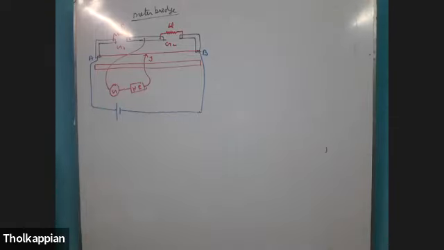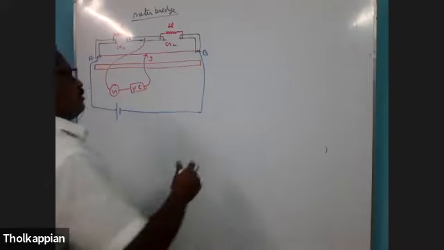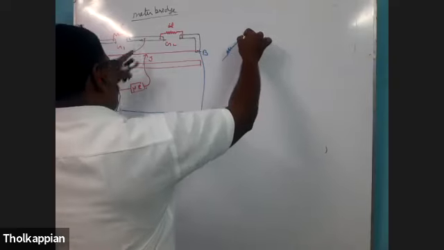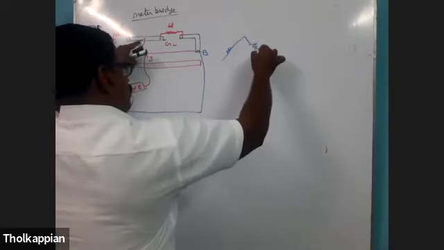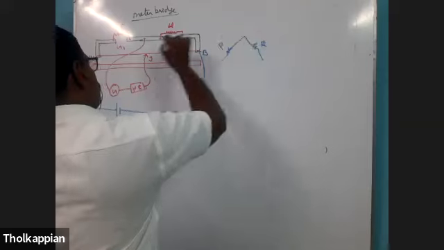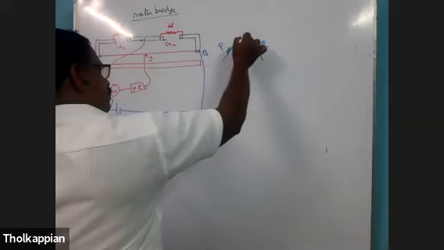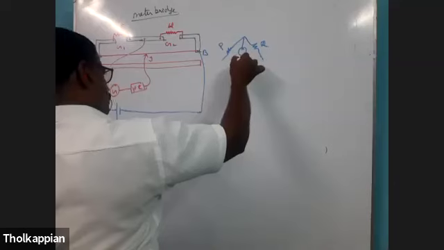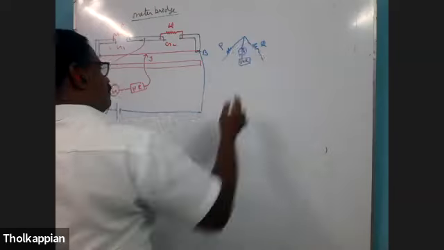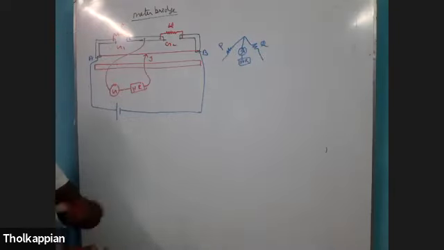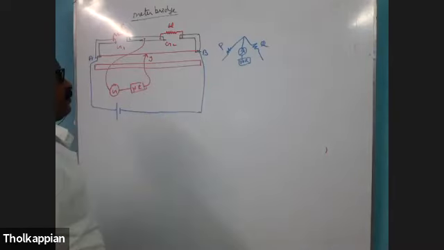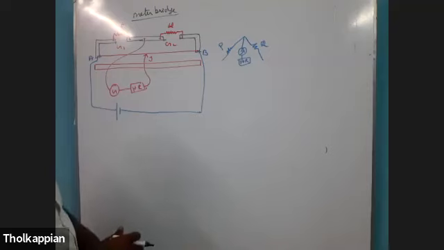Just compare this with the Wheatstone bridge. I just modified this. See, in this Wheatstone bridge, this is P, this is the junction, and this is Q. This is P, this is Q, and here the center position is the galvanometer. Here also the galvanometer is connected. This high resistance is connected here just for safety, to avoid the heat arising in this wire. This wire is made up of Constantan or manganin alloy.